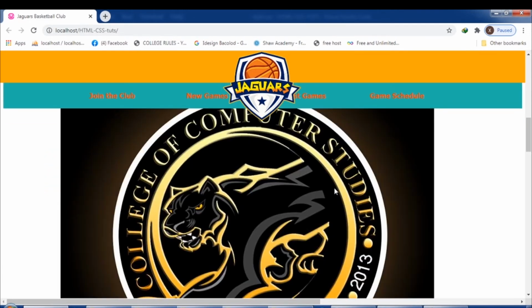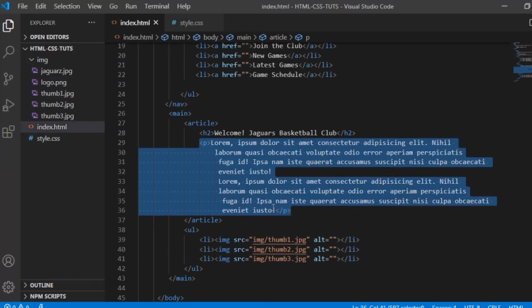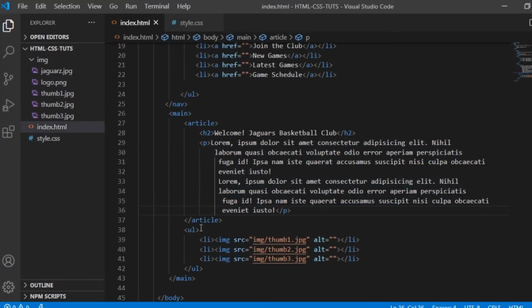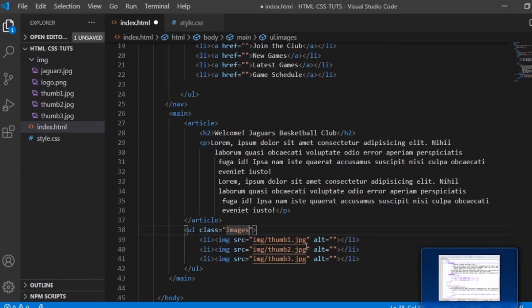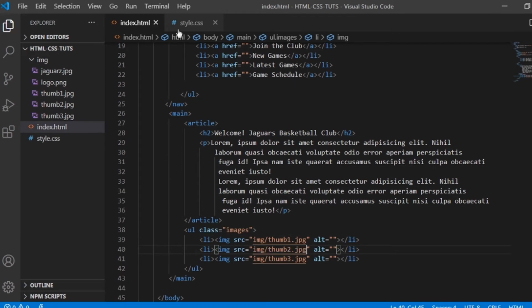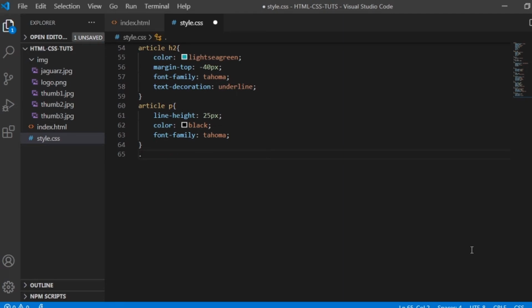Okay, so now let's design these images. Okay, so let's create first a class here on our UL. Okay, so let's say, for example, class, and then okay, class name is images. There you go. So we will be calling this class. So let's go here to our CSS. Okay, so that images, and then let's create our declaration.